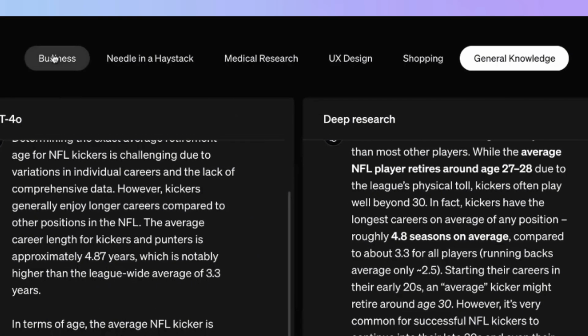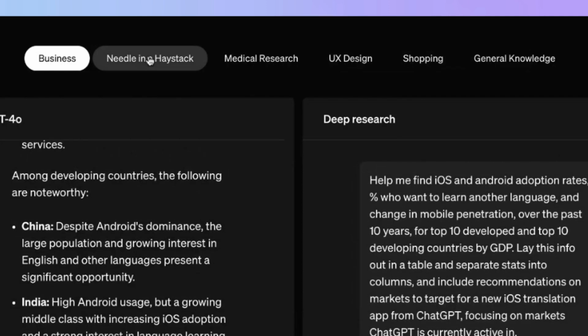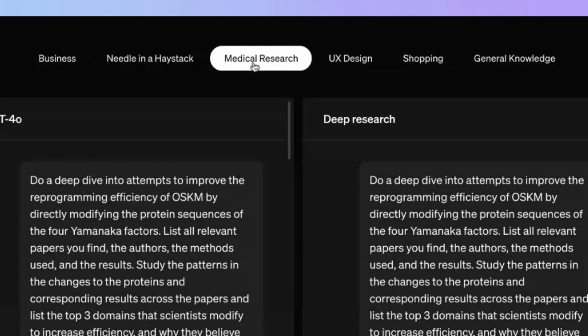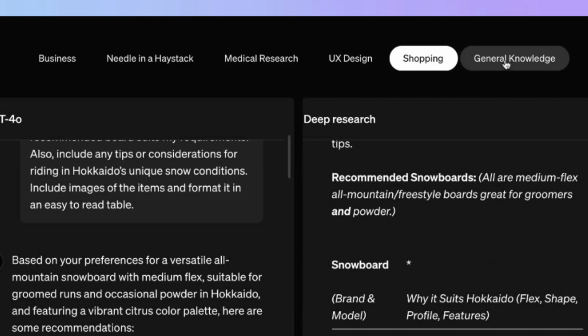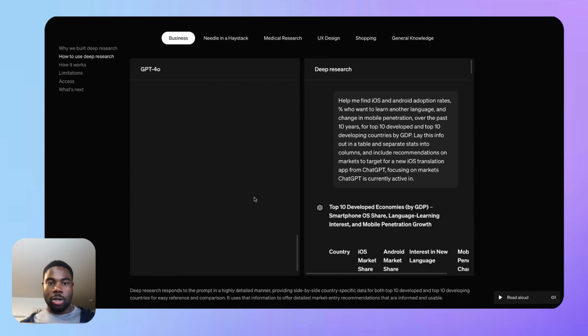Here, OpenAI has listed different categories comparing responses from 4o with that of deep research. Let's pick one. Let's go to business. So if we scroll to the top,